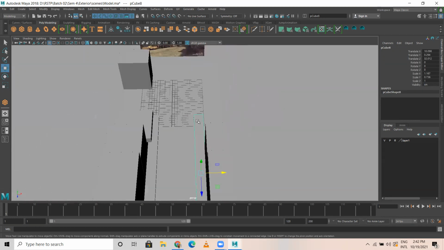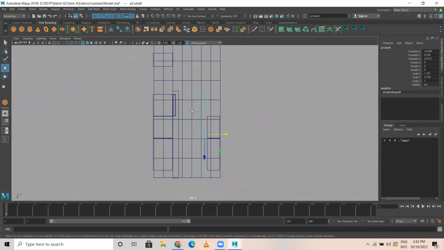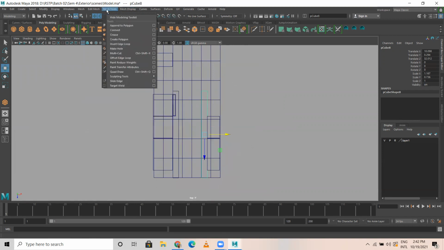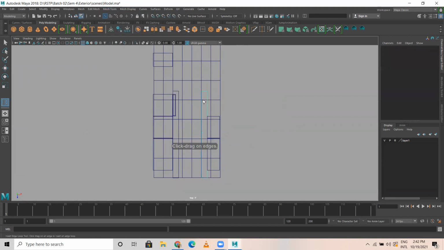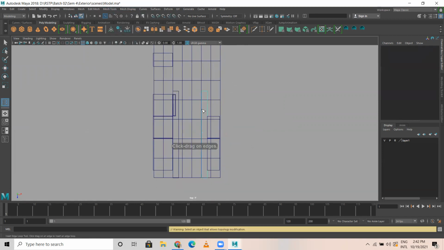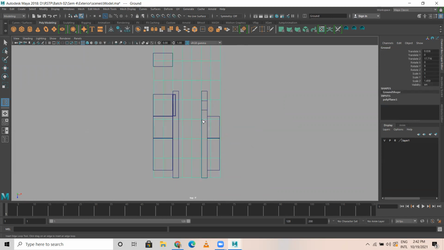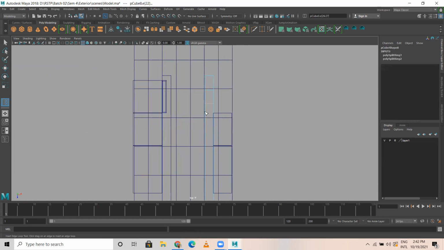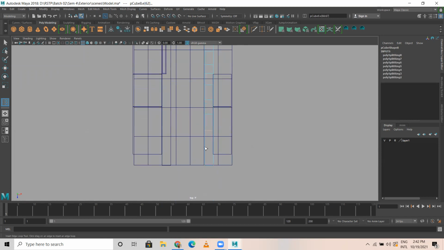Okay, now what I'll do is I would like to add few more mesh here. One here, one here, one here, one here. Then I'd like to add one here and here.